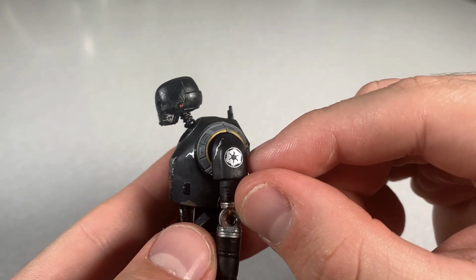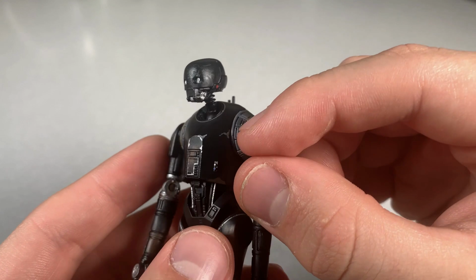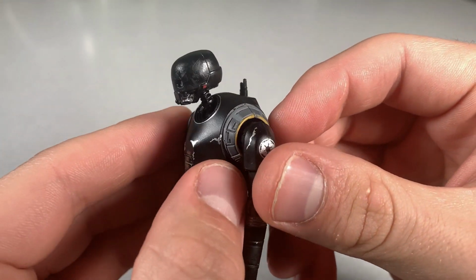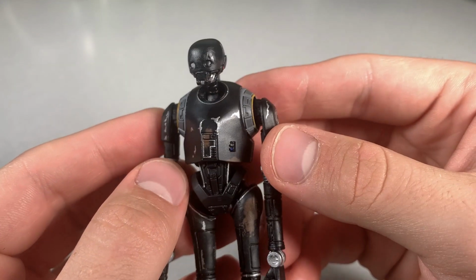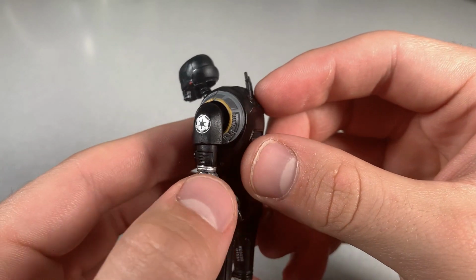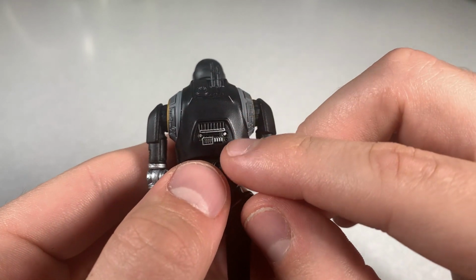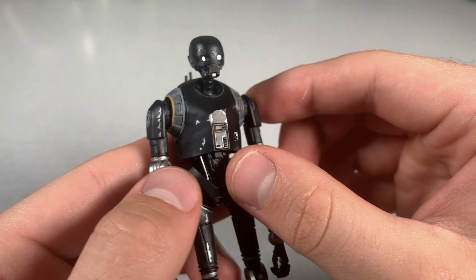Anyway, moving on to the shoulders, he's got those emblems. The emblems look great. They have a little bit of metallic paint with them. Definitely a good job there. If you look a little bit closely, actually, to the deeper section of his shoulders, you can see the nice little yellow rings there, and I think that's a great touch. I was really hoping that they would include this with the figure because it adds a little bit of vibrance, and it's also just something that you see from the film, and it makes that character a little bit more unique. So far, I'm super impressed with this figure, but I think right now is a good time to move